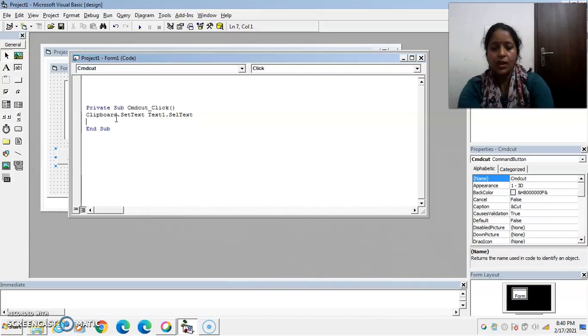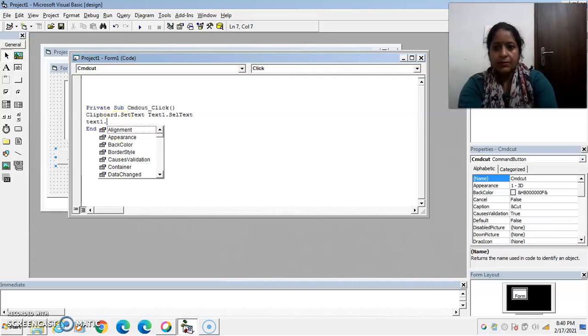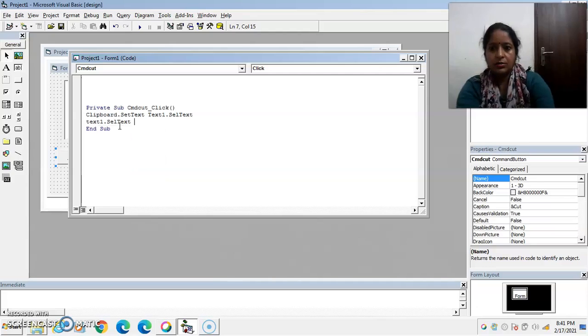Okay. Now after cutting the text from the text box control, the text box 1 is empty, so set its text to empty. Okay.